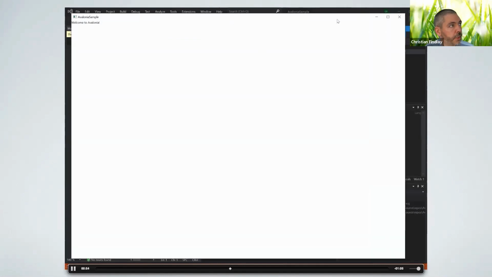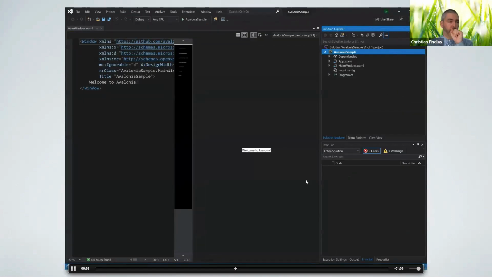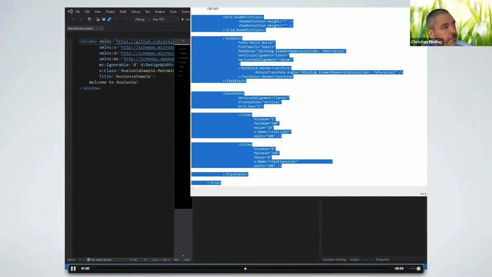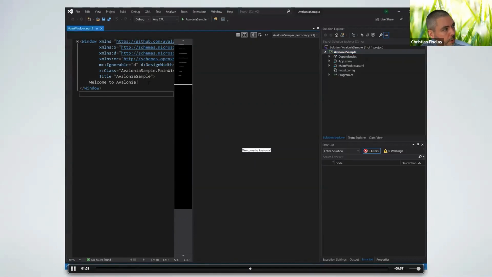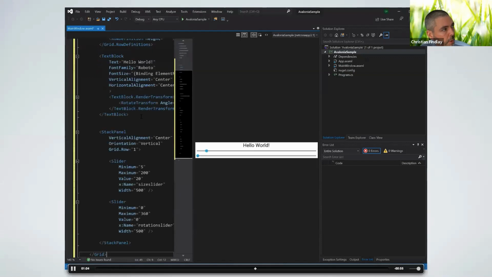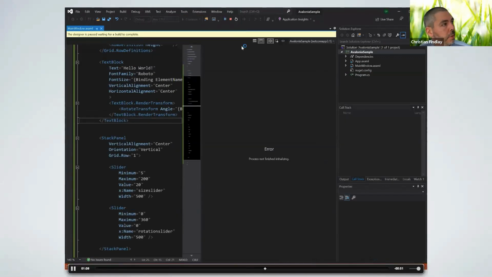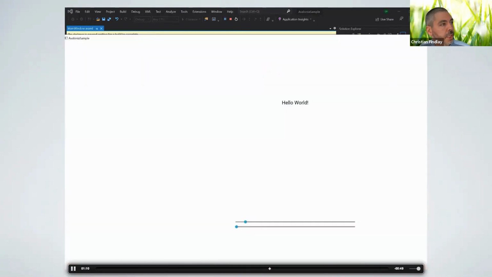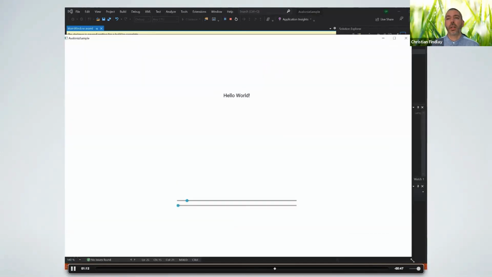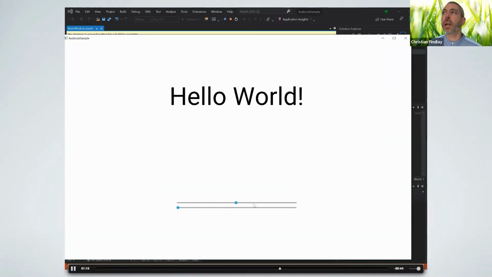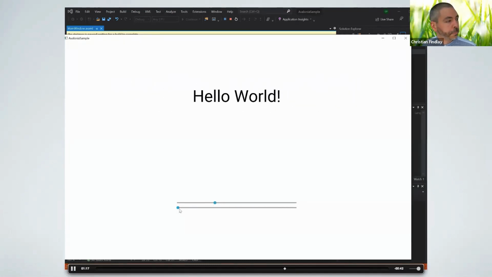So that's a UI that's running. And this is the same XAML that I took from Uno platform. And as you can see, it's actually compatible. So that same XAML just runs across the two platforms. You can see that Avalonia UI and Uno have a lot in common there.